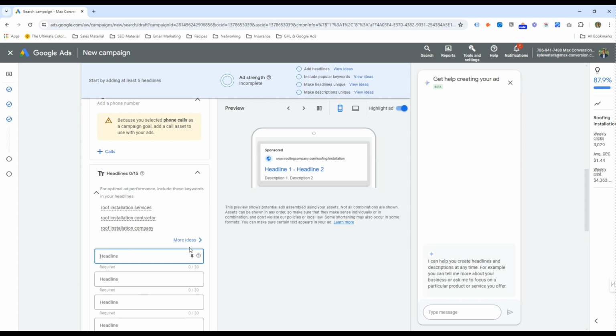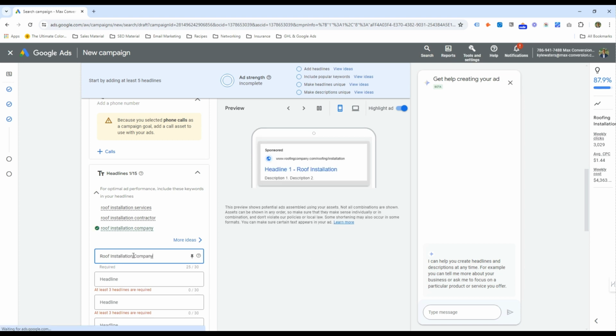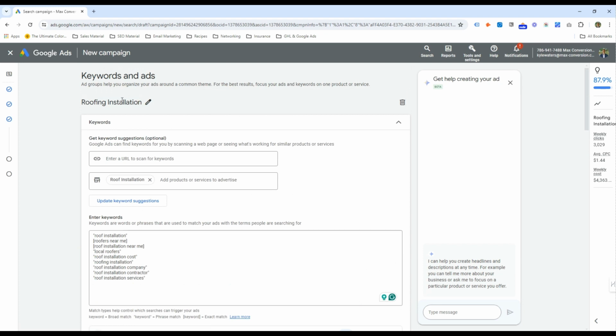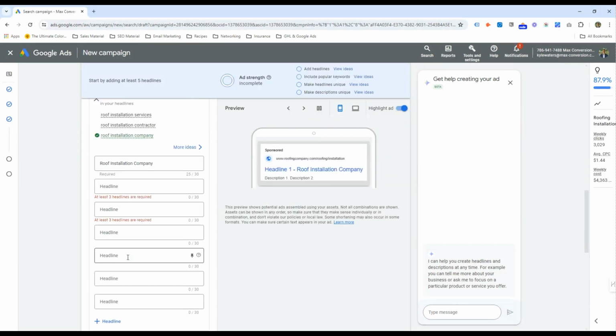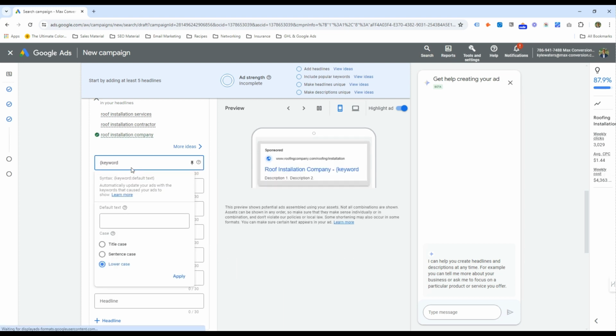And our headlines. So our headlines, we want it related to what our keyword is, right? So it should match what's our ad group and what's our keyword. And this is really, really important that you guys do have it matched. Now, what I would recommend is a little bit more of an advanced tactic, but we want to use